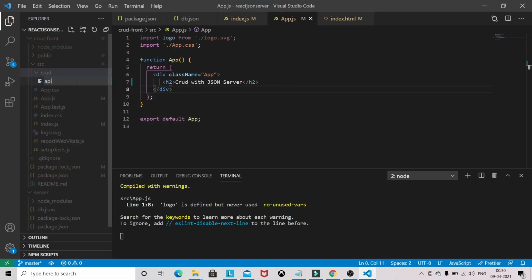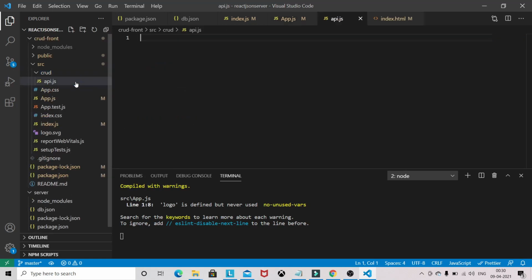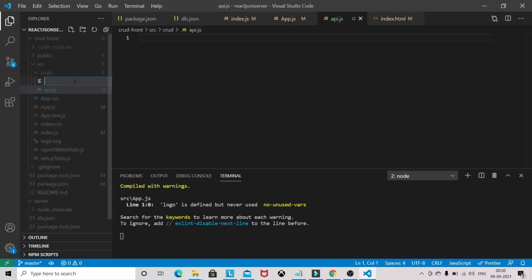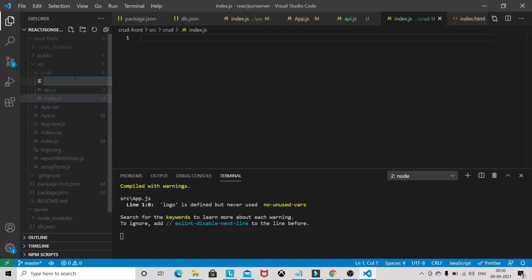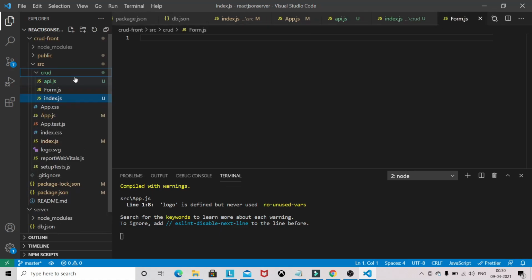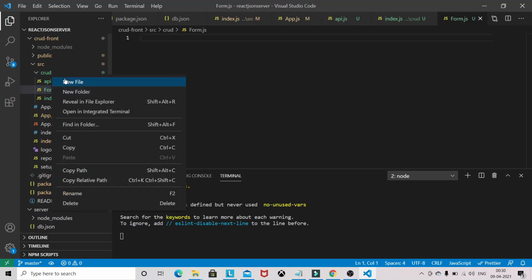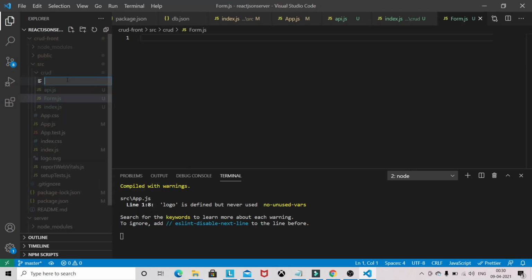So the first file will be api.js, and the second will be render.js. Third, we will have one small home component, so for that we need one file. We will also be showing the loader upon creating and deleting.